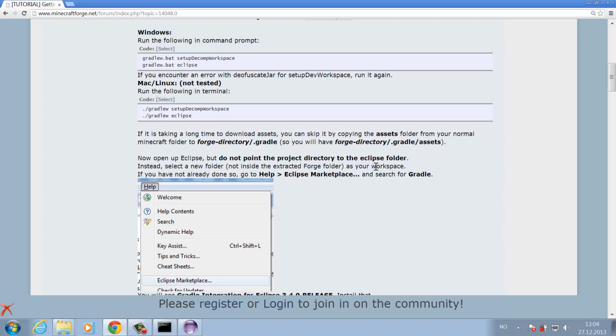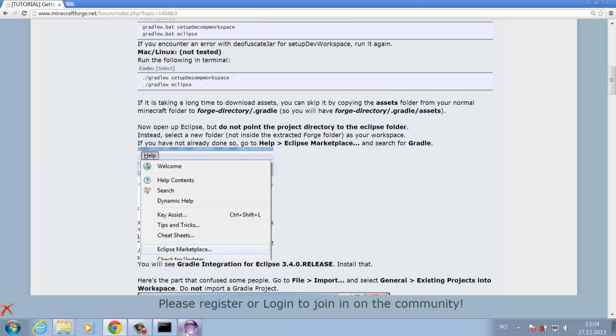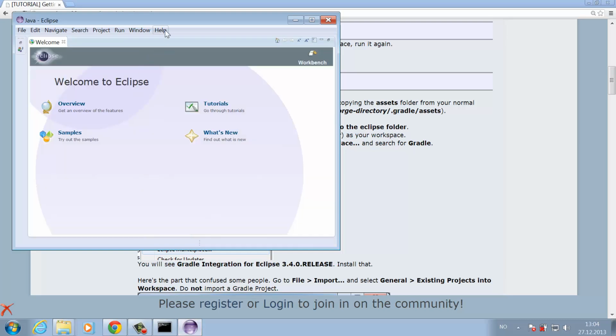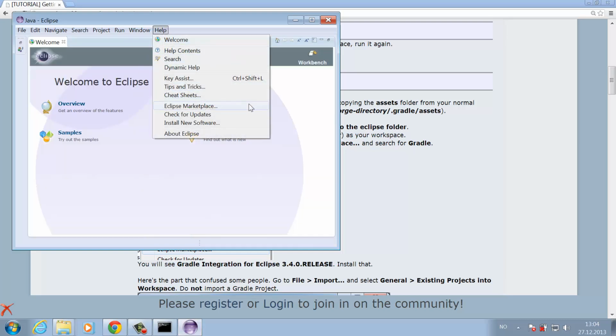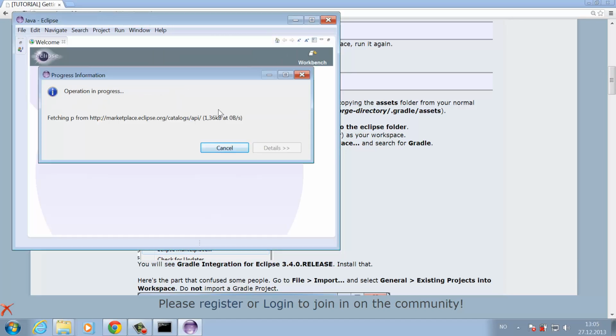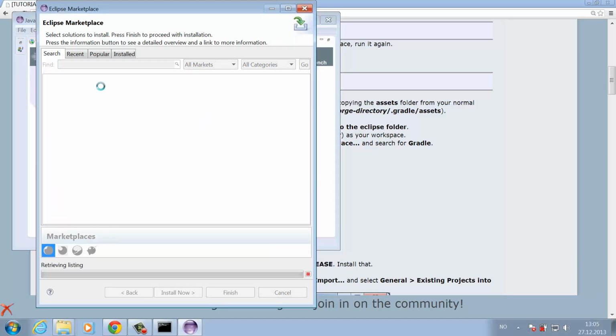So when we're setting up a new workspace, we need to install Gradle for the workspace. On the Help menu, go to the Eclipse Marketplace. This is what we're missing in earlier versions of Eclipse, which is why you had to update in the first place. In the search menu right here, search for Gradle,